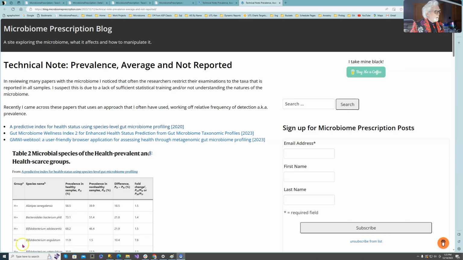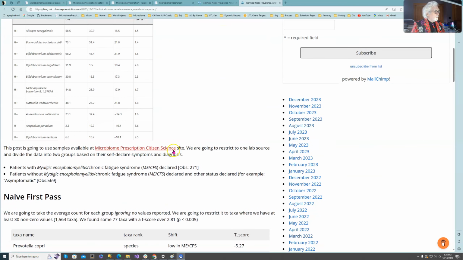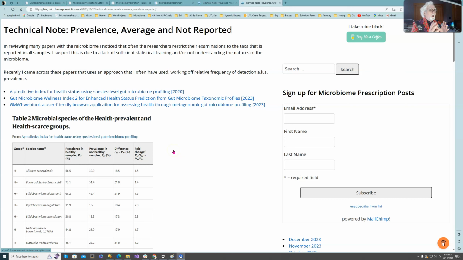Now, the technical details I have on the blog site, and what you find is that most studies compare averages between control and the patient group, and do compare sideways. Turns out that is not the only way of doing it, especially for the microbiome. What you can also do is things like the incidence or the prevalence. For example,